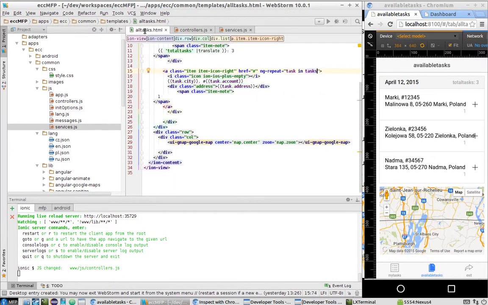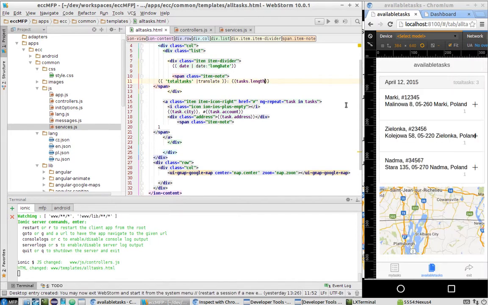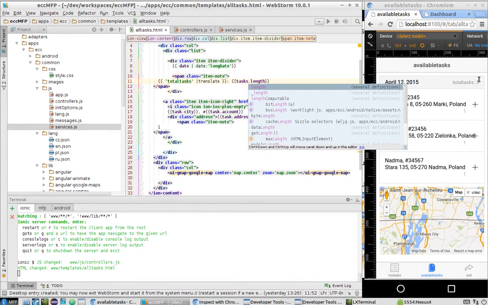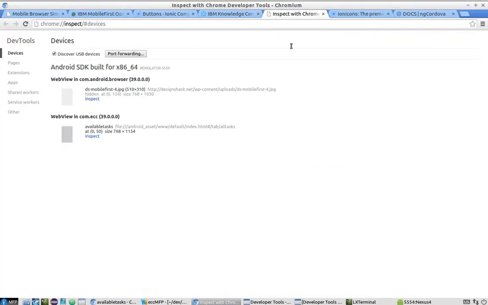We can also add a normal calculation of total tasks, and instead of just this number, we can calculate tasks length, just like this. It's also 3, so the result will be the same, but anyway, now it's working for real, not just with text. So the next step for us will be to display some kind of markers on the map for those tasks, and for that we will go to our browser and check